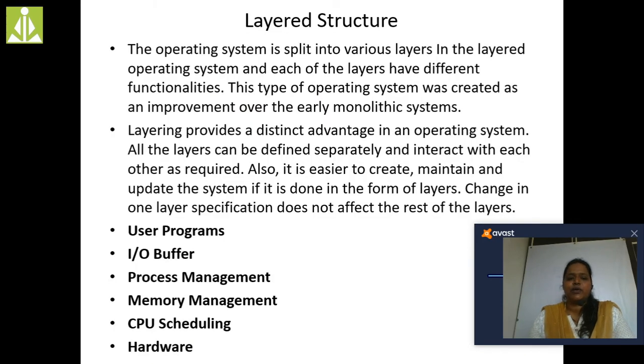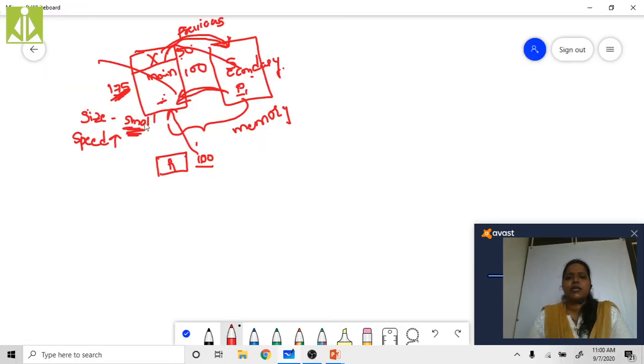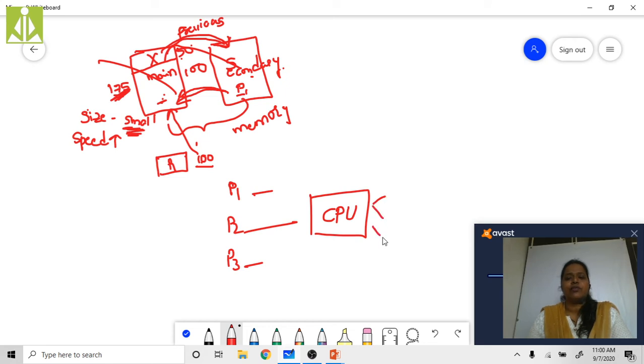Fine. And next one is the CPU scheduling. As I have said before, CPU scheduling in the sense, if there are a number of processes P1, P2, P3, which process should we accommodate first to the CPU, which process we have to give first to the CPU. For this scheduling, you are going to have different algorithms. The first one is FCFS, first come first serve.